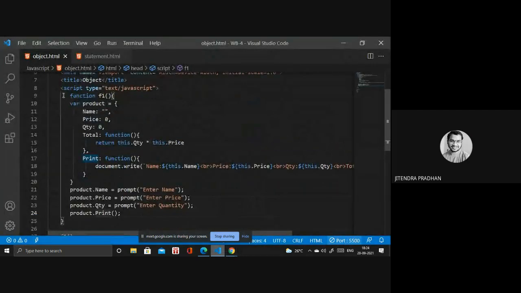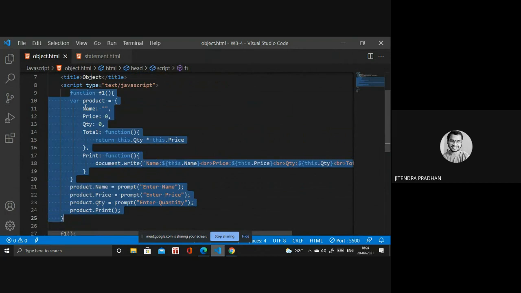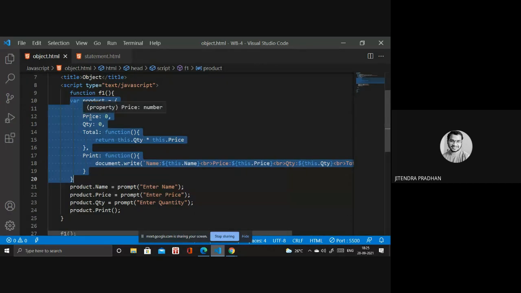So the first thing I discussed previously is that we are writing a function. We call that function f1, and in that we have defined the object. This one is the object. Product is the object, which we are taking in the variable, and name is a property. Inside we are not writing anything. Price has an initial value of zero, and quantity also has an initial value. Total is a property. Inside we are writing a function that works to calculate these things, and it returns quantity